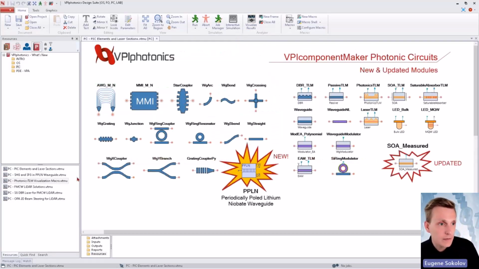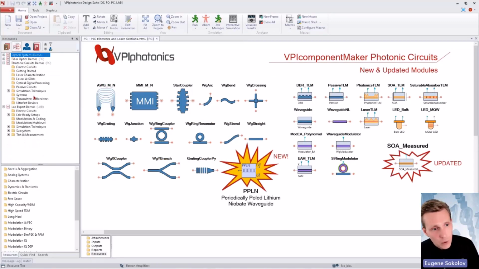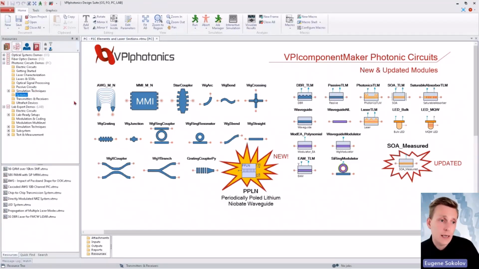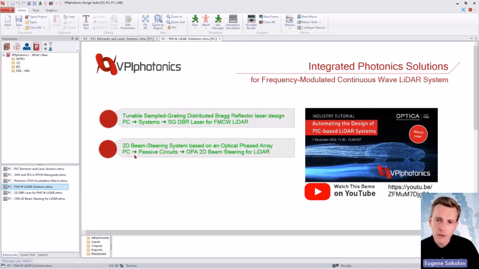And the very last thing: as you all know, in addition to the components, we also have a whole library of application examples, and we are constantly working on extending those libraries and adding new applications for cutting edge technologies. For this release, we actually added a couple of examples, which one could use as a template for your own designs,